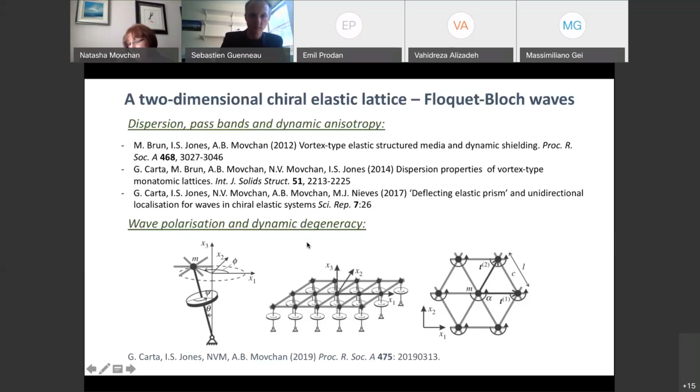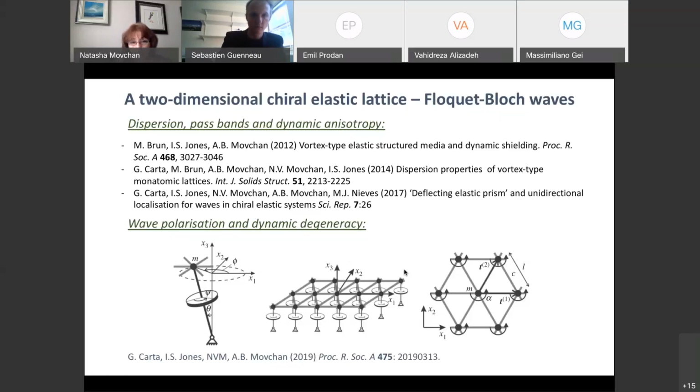And then because it's precessing, it will generate a force in the plane of the lattice, which is perpendicular to the displacement of the lattice particle. We are going to neglect all the forces perpendicular to the plane of the lattice, such as gravity, and assume, as I mentioned earlier, that the displacement of the lattice is confined to the x1, x2 plane.